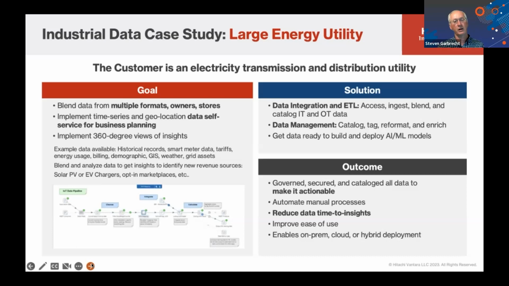I know utilities all around the world are dealing with those kinds of problems right now. So those are a couple of examples of how you marry together IT and OT data and use a data lake environment to help facilitate that. Now I'll turn it over to you, Hamish, and Charles for the demonstration.